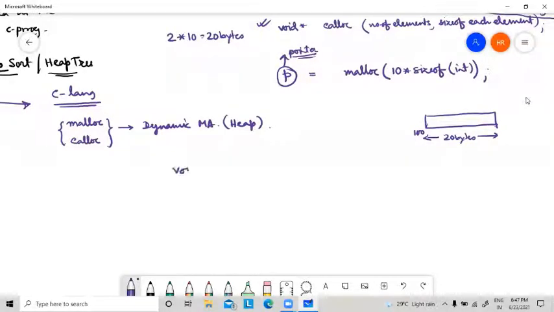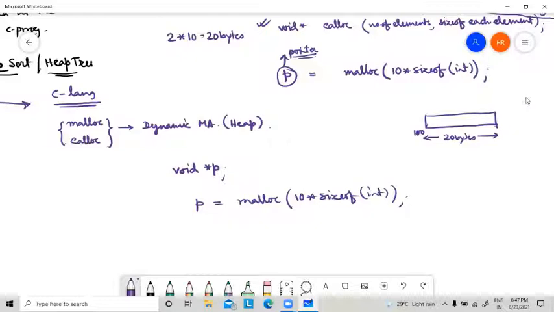So I have to declare it as void star p. Then we can easily write p equal to malloc of 10 into size of integer. Okay, I can write it easily.